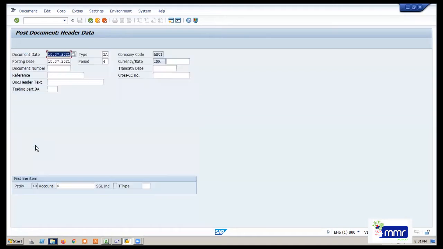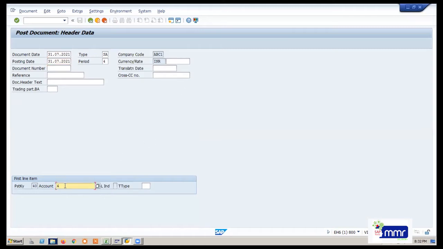You just enter. Now you have to change this date, because the stored document, which is the sample document template, you created on 18th of July. But now you are at the 1st of July, so you are doing the posting on the 31st. You have to change it to 31st July 2021. So here also you can change it. The remaining fields are the same, you just keep them like that.